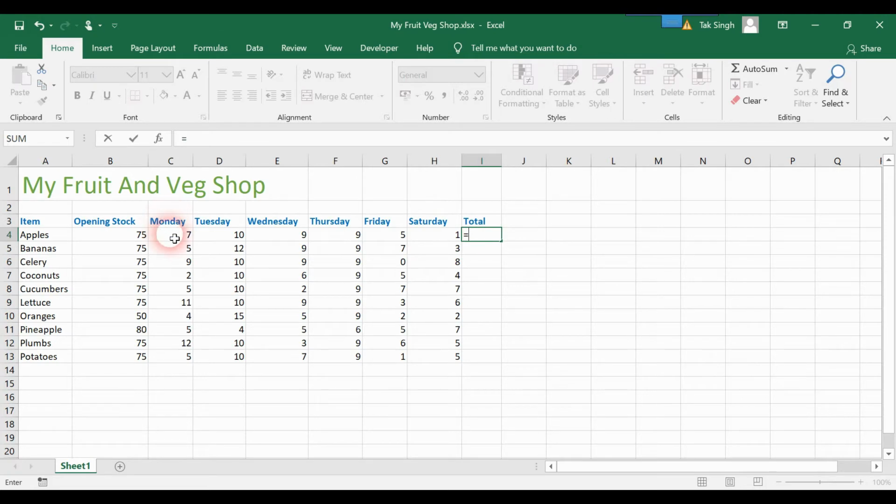And then you say you want to add cell C4. You click on C4, then press plus D4 plus E4 plus F4 plus G4 plus H4. And now you can see that each and every cell name, C4 plus D4 plus E4, is in a different color. For example, C4 is in blue,